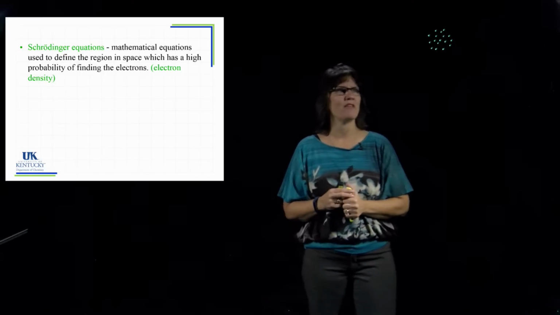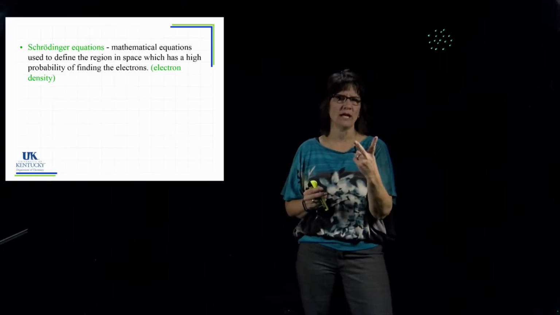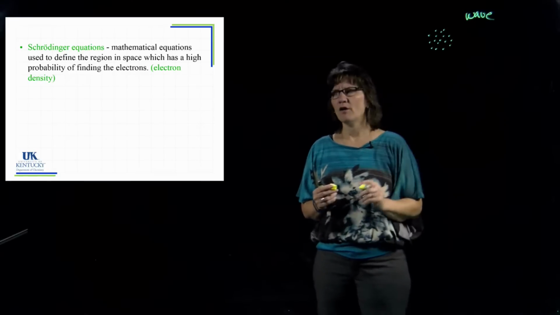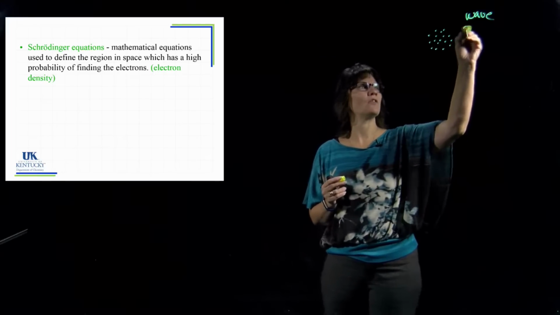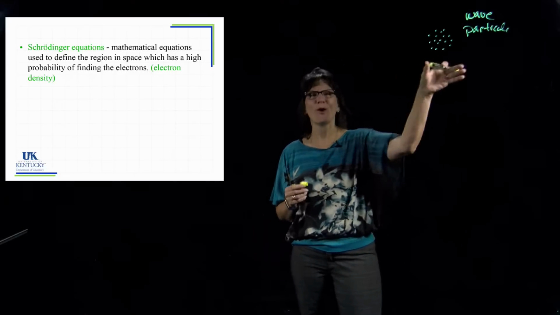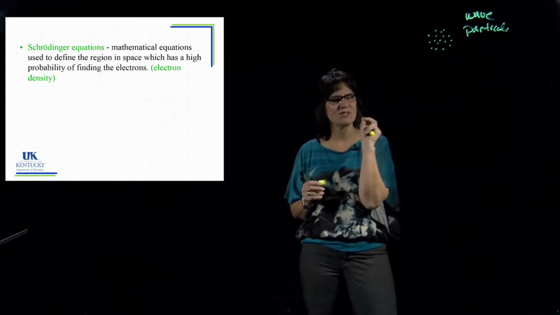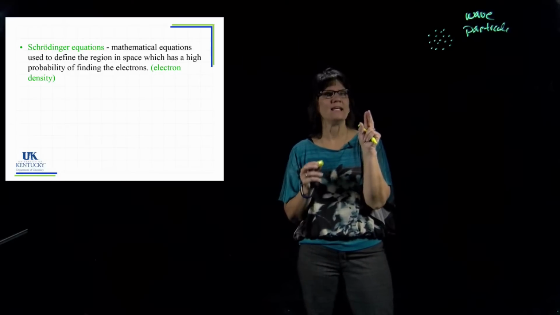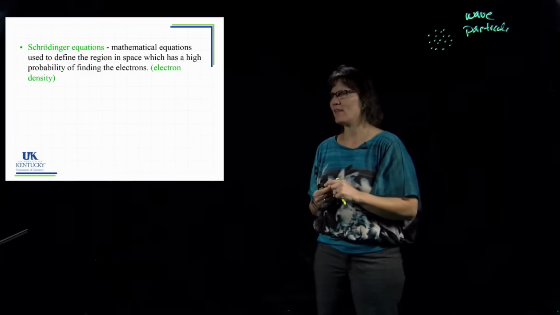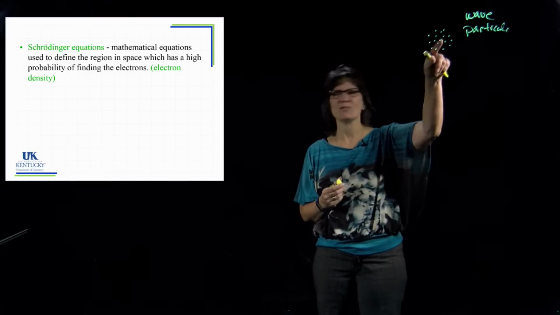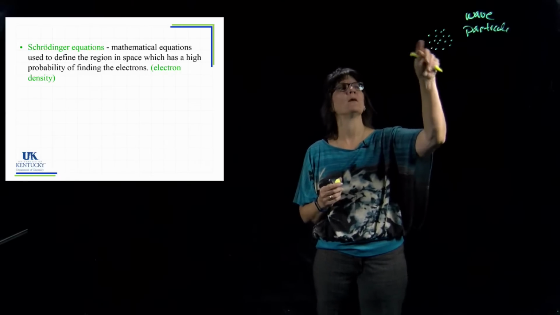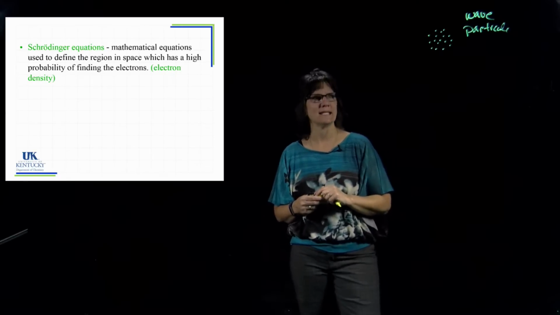What we have is these mathematical equations that take into account the dual nature. They take into account the wave nature of the electron. They take into account the particle nature of the electron. It takes into account that dual nature and is able to mathematically define regions in space where you're going to find the electron. We say that it has a high electron density. That's what's kind of represented by this map. We don't have electrons out here. Because we spotted them here a lot, we'd say that had a high electron density.